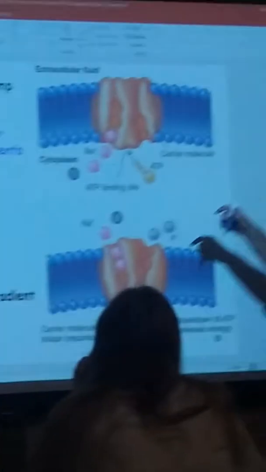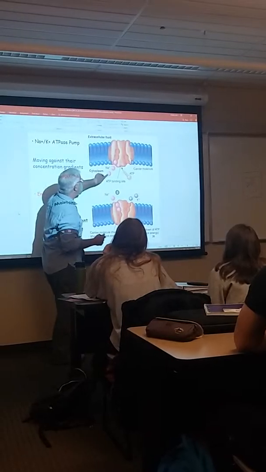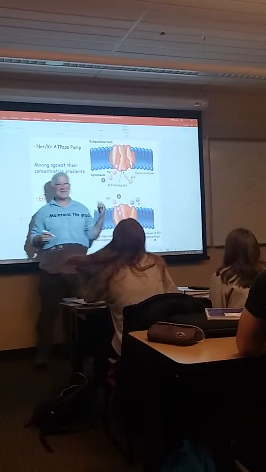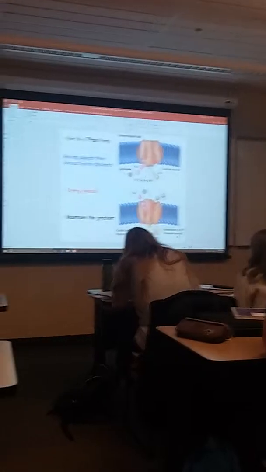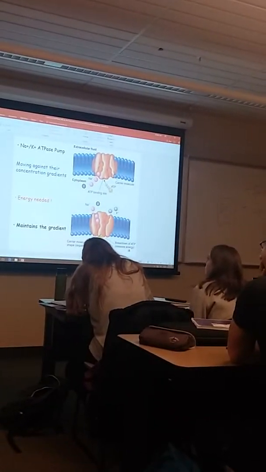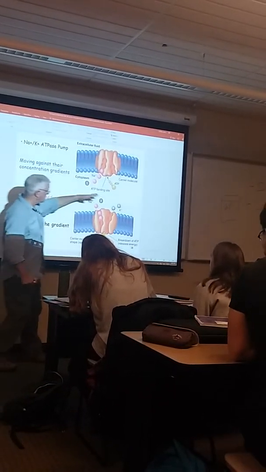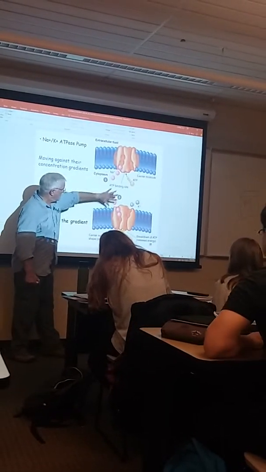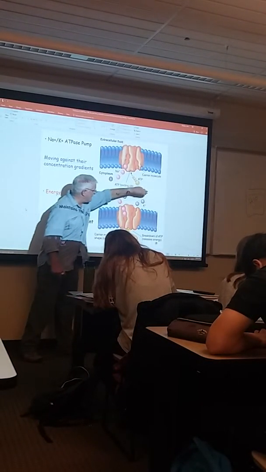So if I don't want to reach an equilibrium, I've got these little annoying sodium ions constantly dribbling into my cell, and potassium ions constantly dribbling out, I want to put them back where they came from. Well, high potassium inside, high sodium outside. This transporter is moving sodiums from inside the cell to outside. That's against the concentration gradient. At the same time, or in a one-two punch kind of fashion, it'll also bring potassium where there's low amounts to where there's high amounts, and bring potassium in